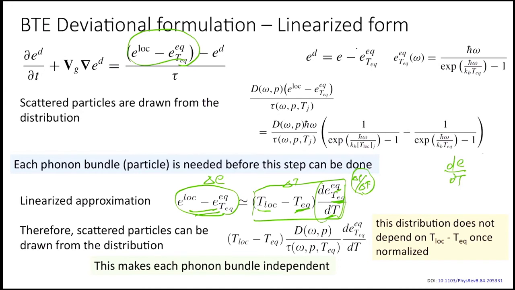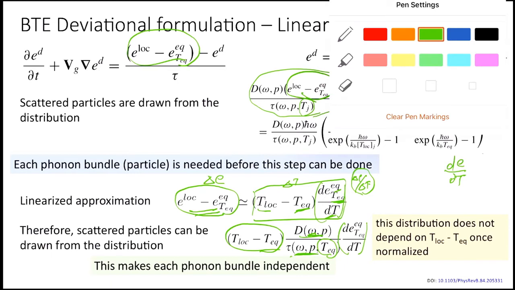Okay, so what we can do now, as you could see, the left hand side of this equation, we could write it as d omega p tau, all of this term remains the same, and this T_l also now we have made T equilibrium because we said already the difference is not too much, and this E(T_l) minus E equilibrium we write it as dE by dT times (T_l minus T equilibrium).